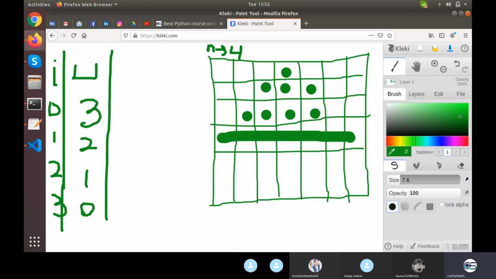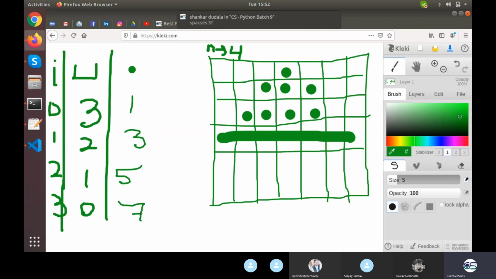Stars, and stars I will be going to represent by this only. 1, 3, 5 and 7. Yeah, exactly. Spaces are 3, then 2, then 1 and then 0.